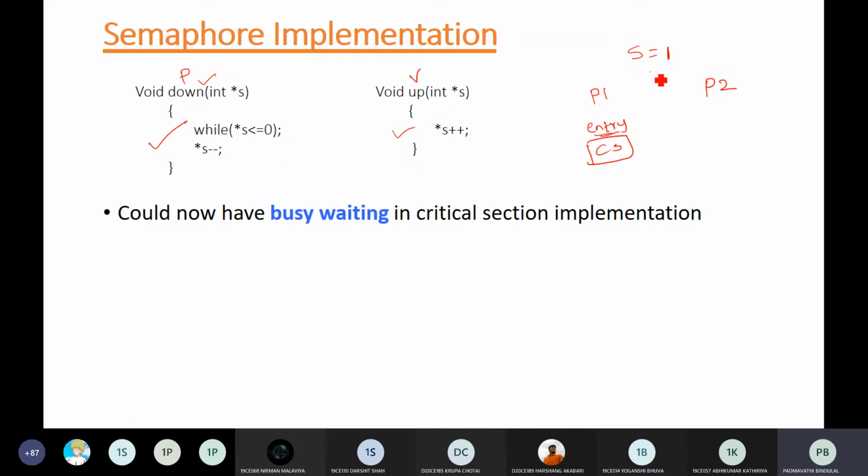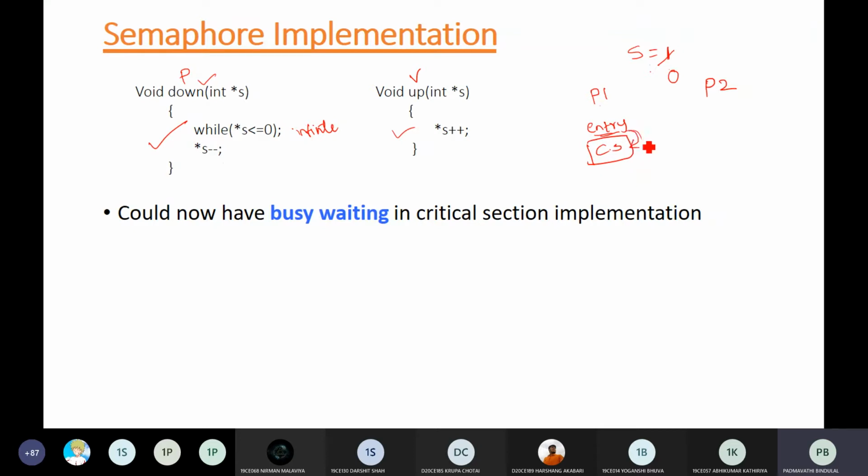Is it less than or equal to 0? No, the condition is false. If it is less than or equal to 0, you have to stay in the infinite loop here. Otherwise, if this condition is false, then you have to decrement the semaphore value. So when you decrement the value, the S value will become 0. After that you go into the critical section.